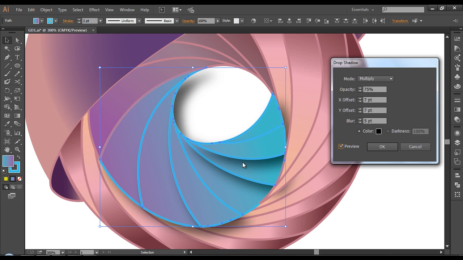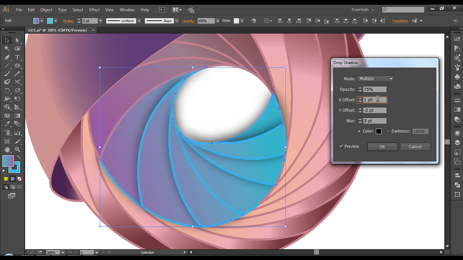What I want is a shadow around here, not on the back side. So let's move around and test it out. If you put it here, it doesn't work. One, let's see. Okay, it's set there. If I put -2, let's see. Yeah, it works pretty well. Let's click OK for now.